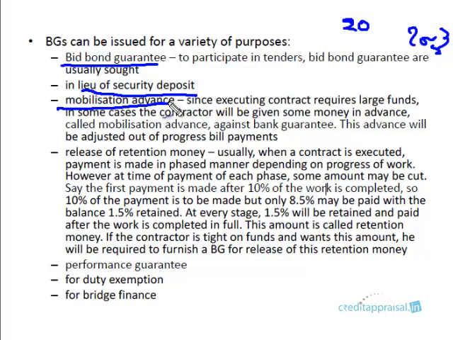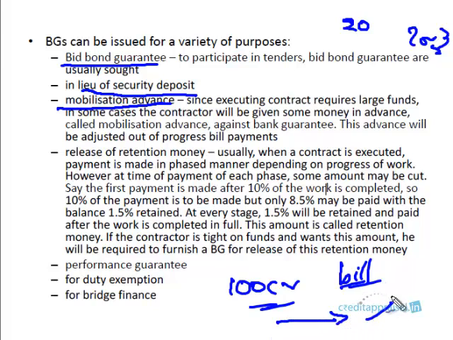Then mobilization advance. Usually this is for large projects. So say for example, it's a 100 crore project, a huge project. A contractor has got the work for a huge project. To execute this project, he needs some initial funds, right? See, the bill will be coming later. He completes some work, say one or two months of work, then he raises the RA bill, and then there's processing, and it may come three to four months later, for the payment cycle to start. But in the initial period, because it's a huge project, he needs funds.